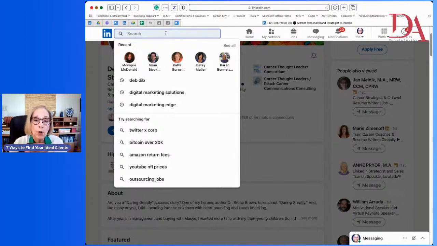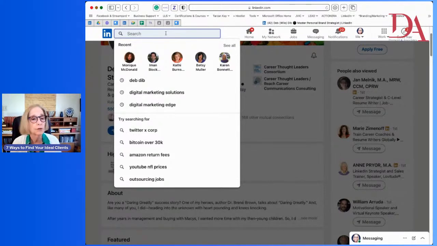And as you work with and find more of your ideal clients, you're going to find that has a ripple effect. Because you're going to be nurturing these individuals, you're going to start getting a reputation, and people are going to start referring other people to you. That's the way it works. Okay, so